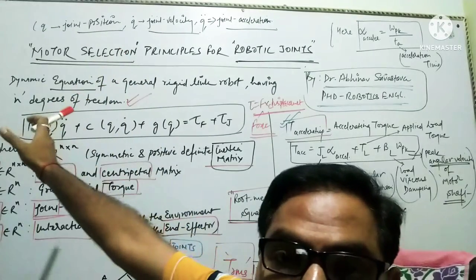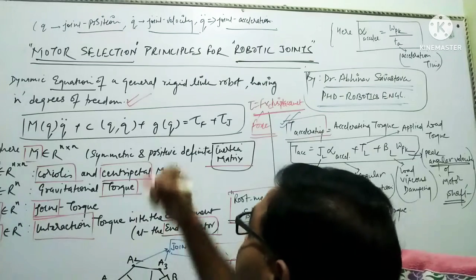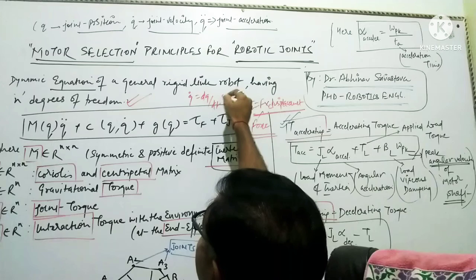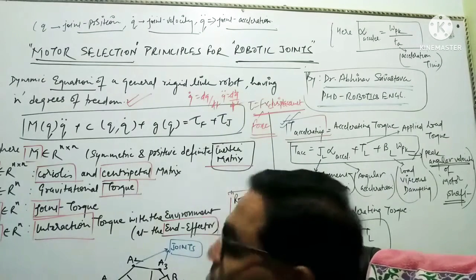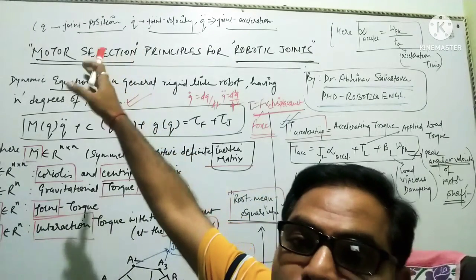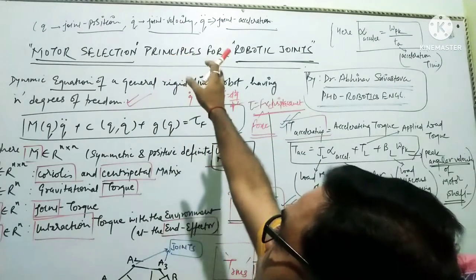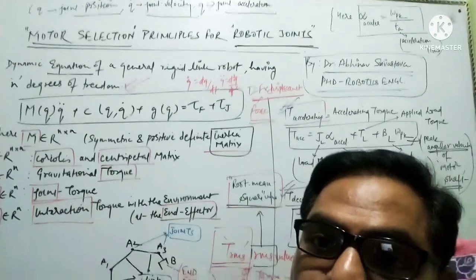Obviously, if q is the position of the joint, then q dot means dq by dt, the first derivative. q double dot is d square q by dt square, with double differentiation giving acceleration. If q signifies the joint position, then q dot signifies the joint velocity and q double dot defines the joint acceleration. If we take these as arguments, then the equation of a rigid